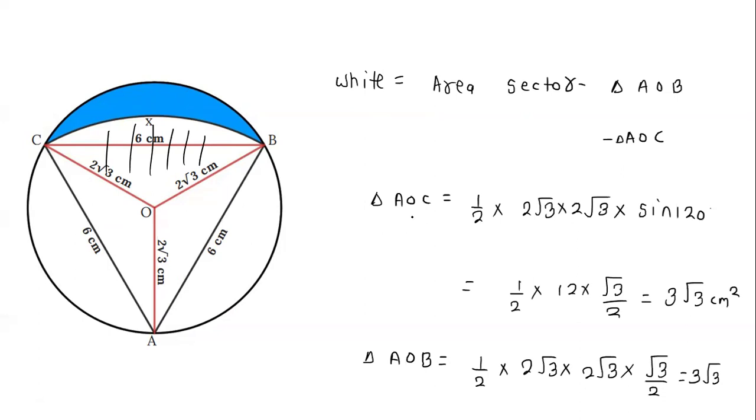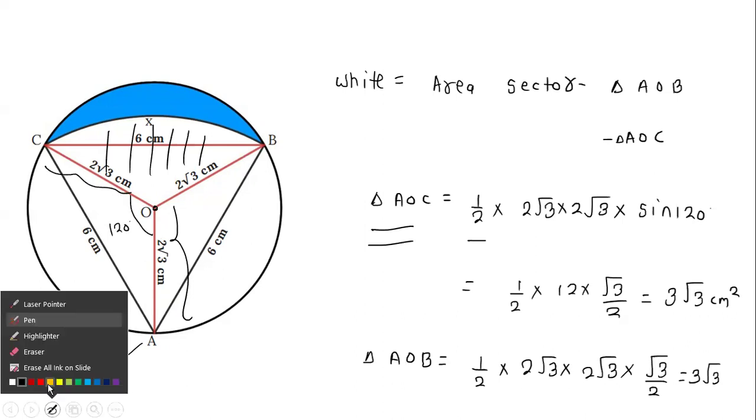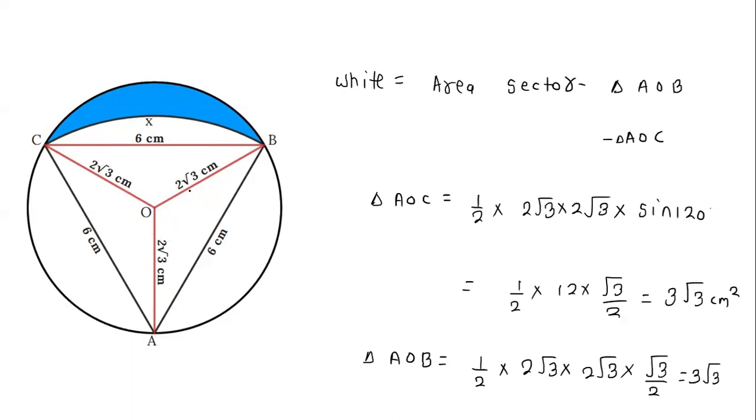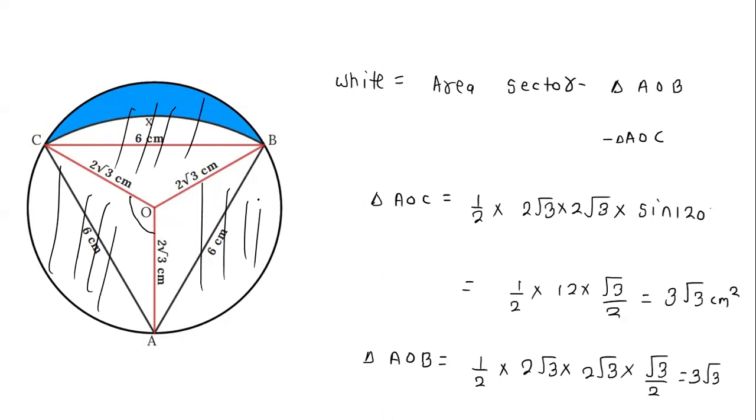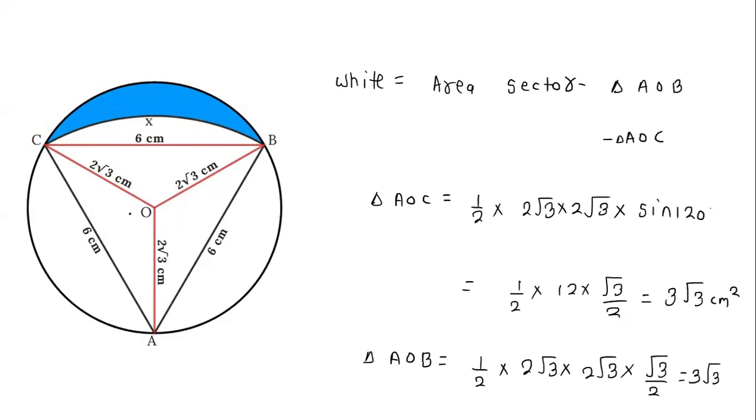So the AOC triangle area is simply half times this radius, which we calculated as 2 root 3 centimeter. This is the radius of the circumcircle, because from any point on the circle to the center of the circumcircle the distance is equal to the radius, and this is also a radius, and this angle we know is 120 degrees, because this figure is exactly symmetric. This part is equal to this part and equal to this part, so we can divide 360 degrees. This whole angle is 360 degrees, so you can divide it into three equal parts, which gives us 120, 120, and 120.